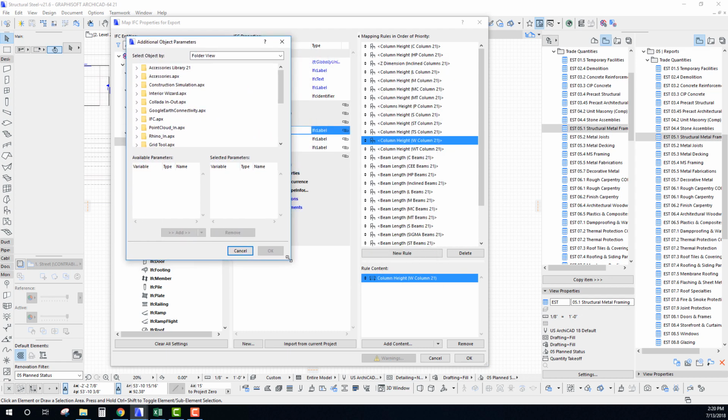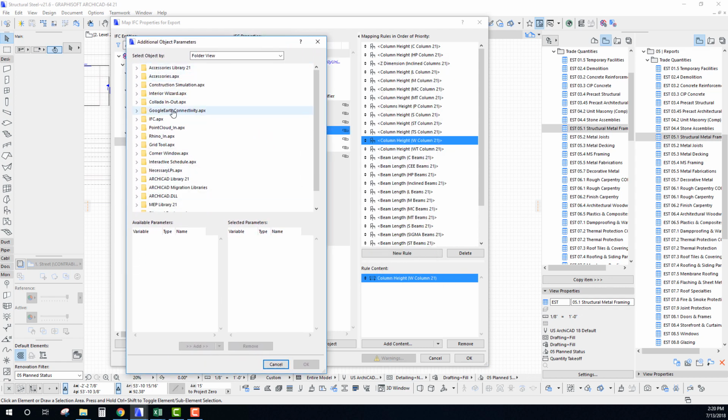And within our parameters here, we would go under our... what are we looking for? We're looking for our ArchiCAD library 21. And under our object library, under our metals, we go in and filter to find the specific objects that we're using, so that we can retrieve those property values. So under structural metal framing, we just keep diving into this